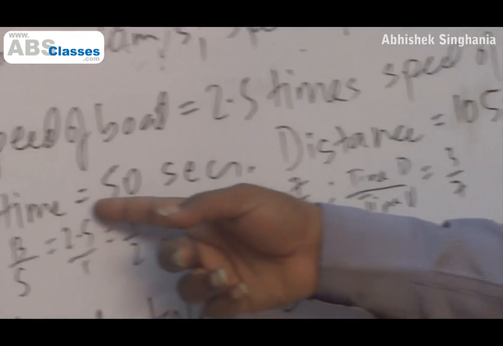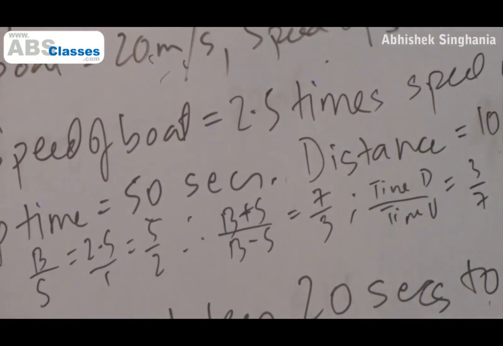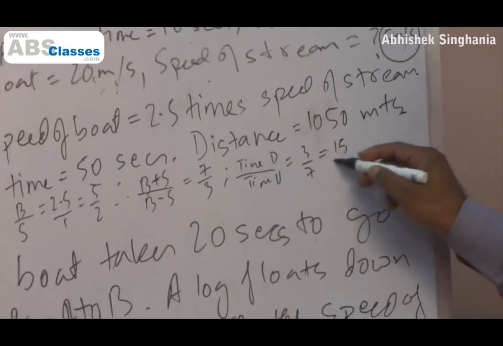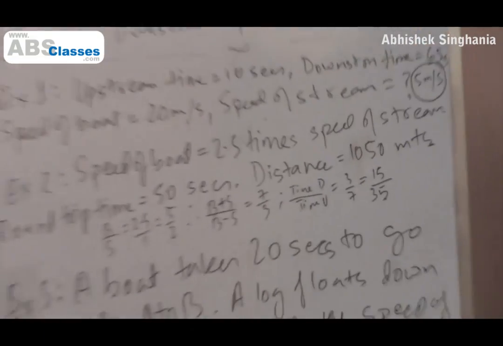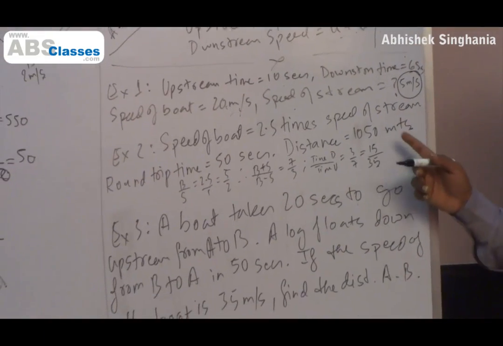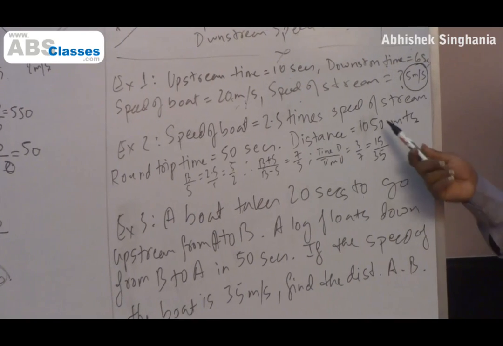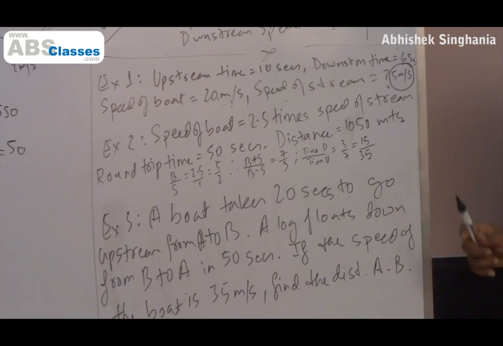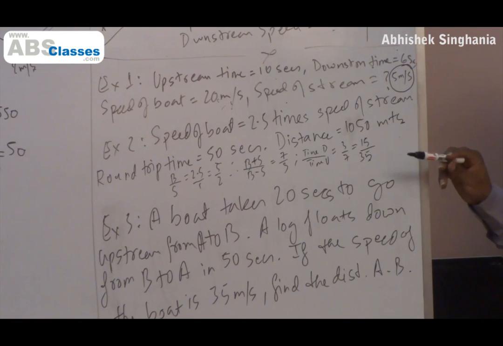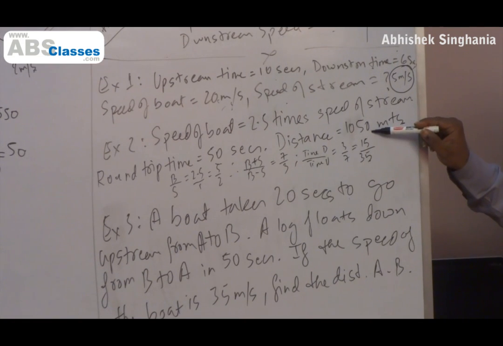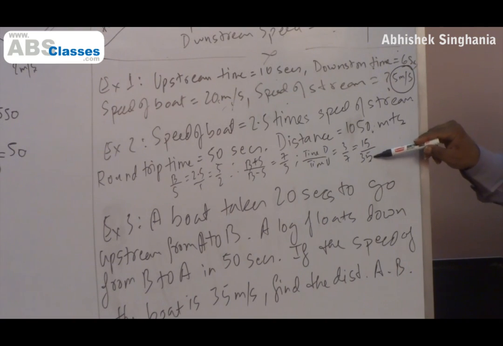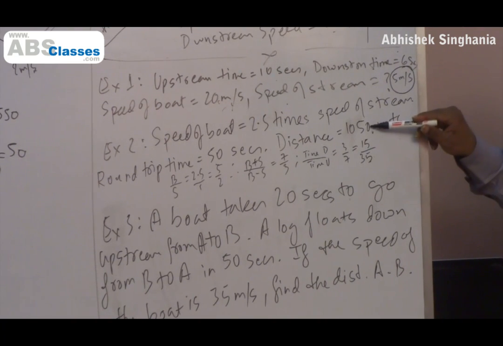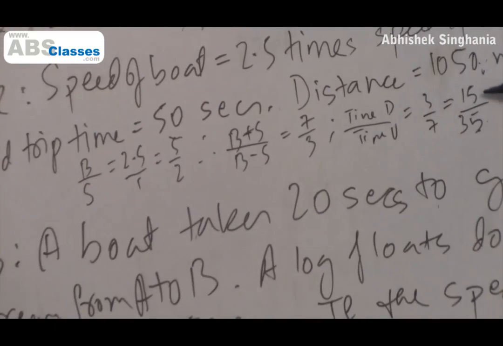Total round trip time is 50 seconds. So time of downstream will be 15 seconds and time of the upstream will be 35 seconds. Right? Now we are supposed to calculate the speed of the boat here, which is not given. The question is not written, but that is what we are supposed to find. So I cover a distance of 1050 meters, that one distance. When I go upstream in 35 seconds, I cover a distance of 1050 meters, when I go downstream in 15